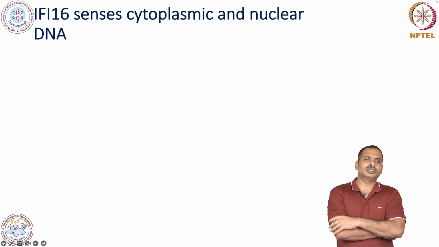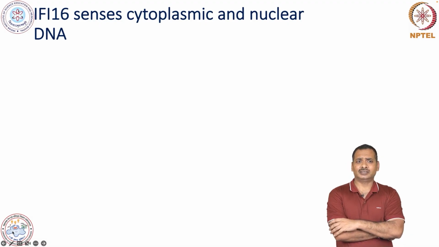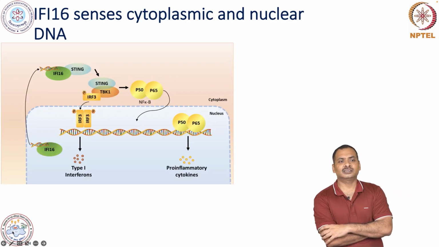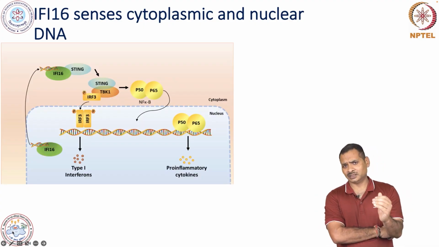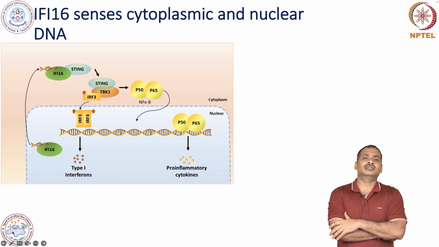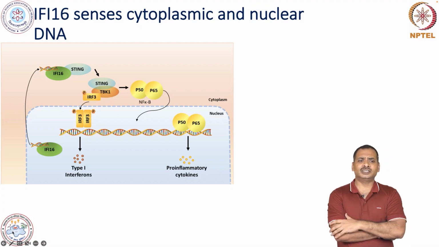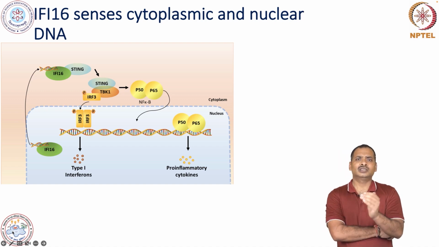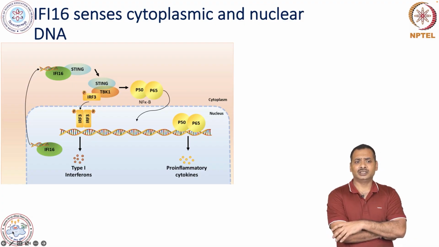Now, I will talk about IFI16, how IFI16 basically senses cytoplasmic and nuclear DNA. Here you can see that IFI16 is basically localized in the cytoplasm as well as in the nucleus, and when DNA approaches this sensor, it interacts with STING, and then you know the downstream pathway. STING will activate TBK1 and the IKK complex, and there will be production of type 1 interferon and inflammatory